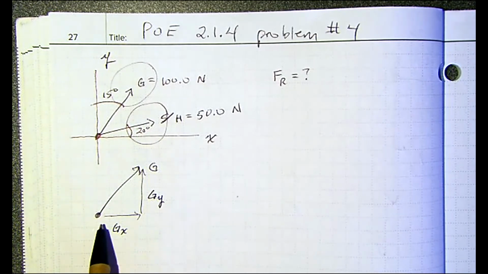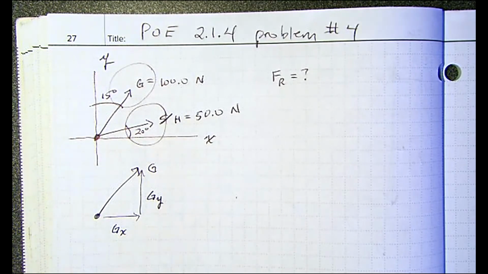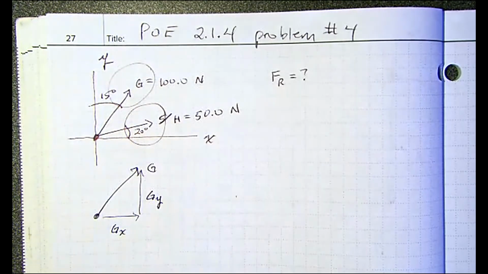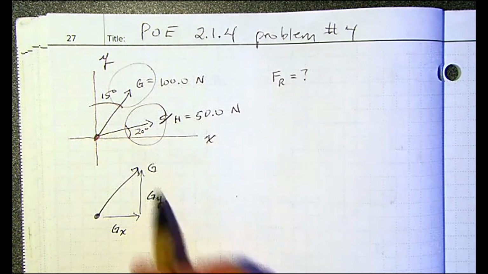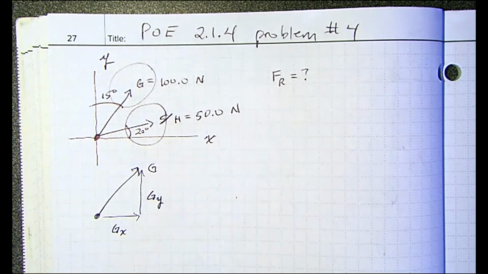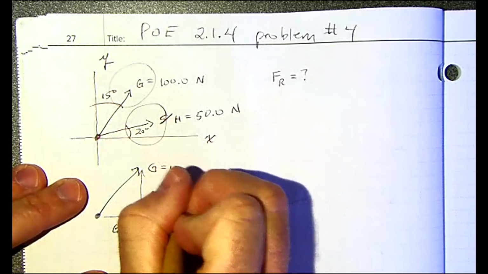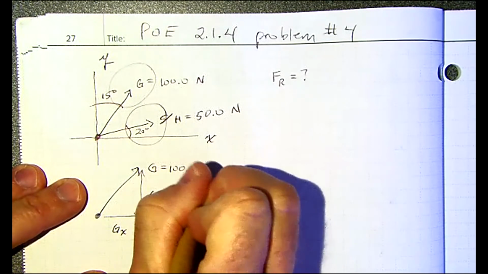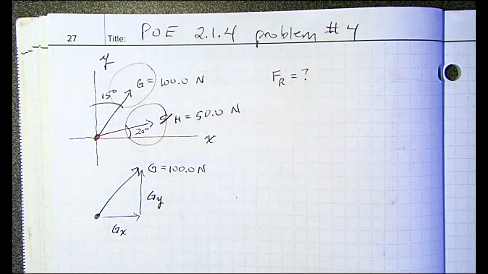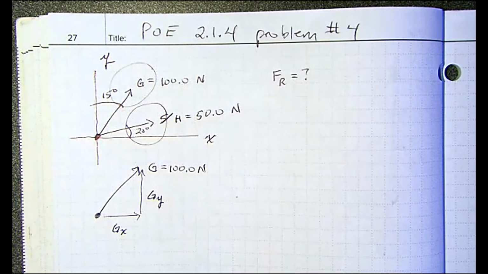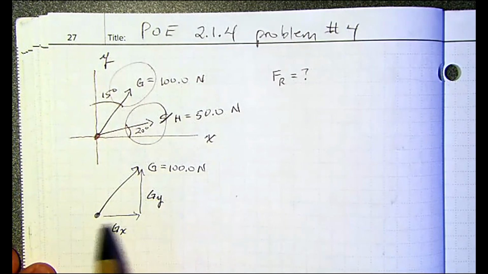They are like the children of this overall G force, that you got a little one and a little one that come from the original big G force. And that is, I'll just go ahead and remind myself, that is 100.0 newtons. Now, because I have enclosed that vector in that fashion and made a right triangle with the